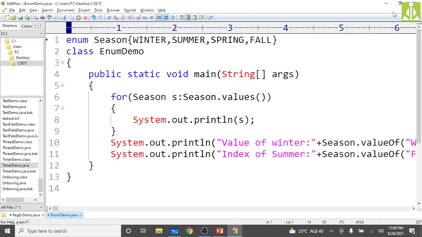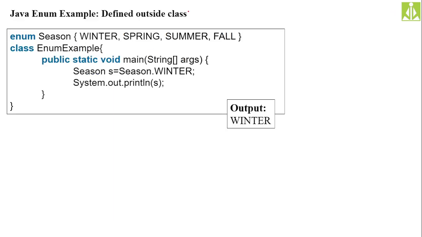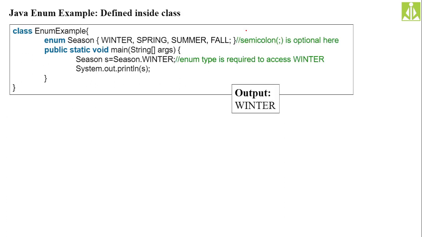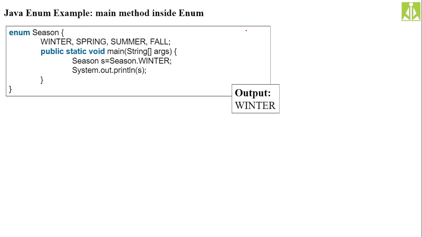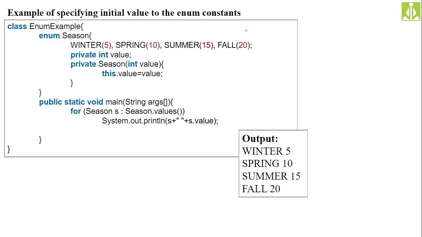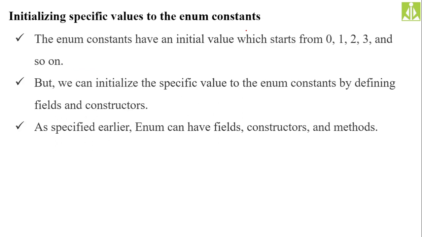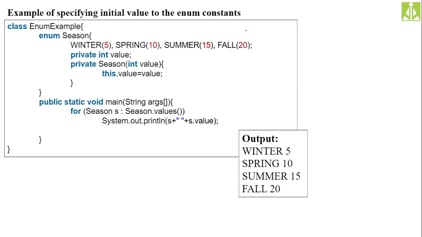Okay, so defining the enumerator outside the class is obviously possible, and we have just seen that. And defining it inside a class, in whatever programs we have done so far, there we have declared the enumerator inside the class only. Then you can also keep an enumerator inside the main method. Then how will these enumerator fields hold constant values? Simply when you are declaring the enumerator, put the constant value after that enumerator field, so that the enum field will take the constant value. So like this.